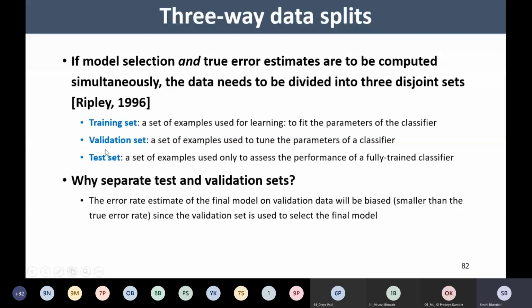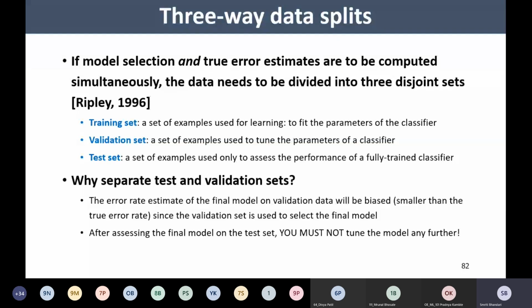And that is why it has been mentioned that instead of having only the test set to assess the performance, we should have one more validation set. And that validation set will help us to tune the parameters of the algorithm and to come up with a model with the best hyperparameters. And further, that model can be tested with some unseen data set, that is the test data set.